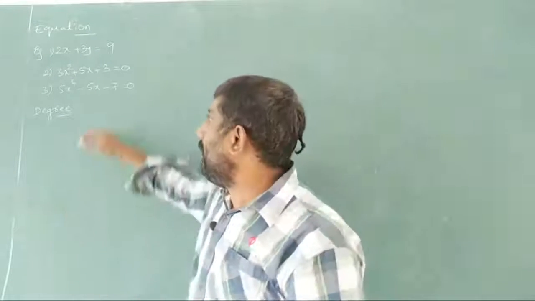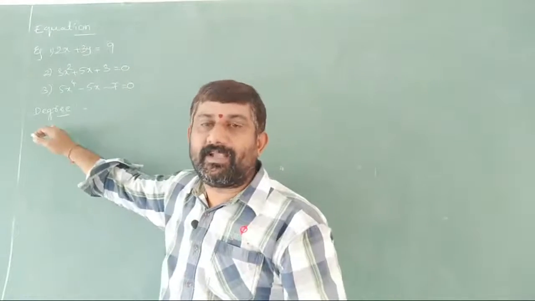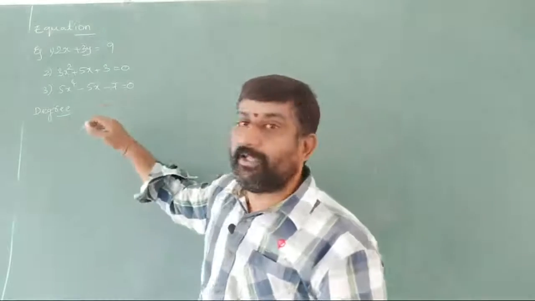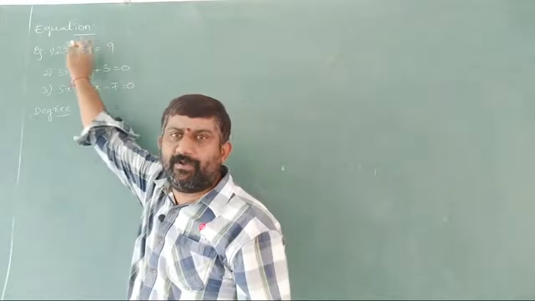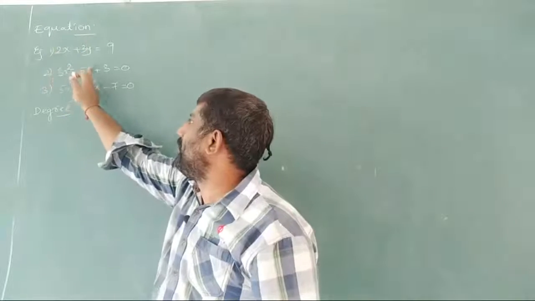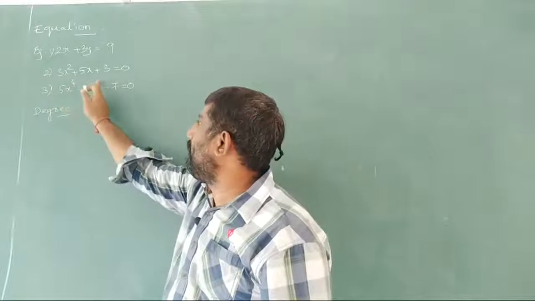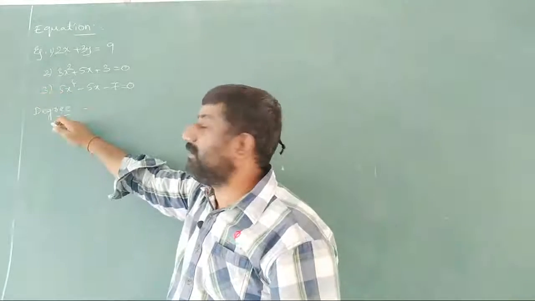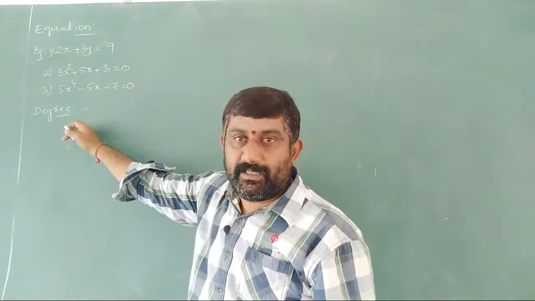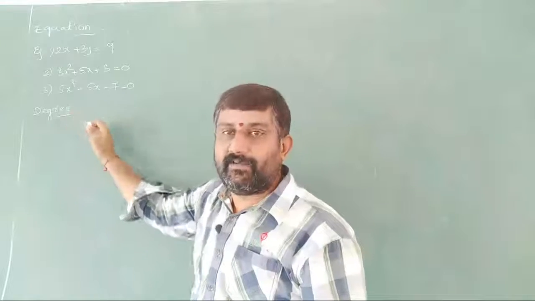Okay. Now, in this equation, we have another word, that is degree of equation. What is degree? Degree is nothing but, you observe here, x power 1, y power 1. So highest power is 1 only here. X power 2, x power 1, x power 0. Highest power is 2. X power 4, x power 1, x power 0. Highest power is 4 here. Now what is degree? Degree is nothing but the highest power of the variables in the given equation is nothing but the degree of equation. I'll write examples here.